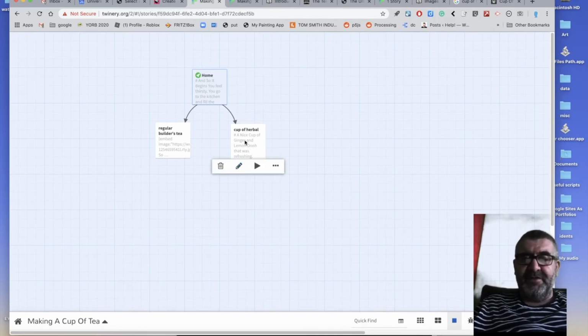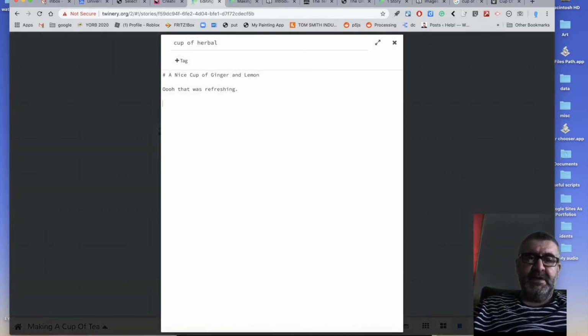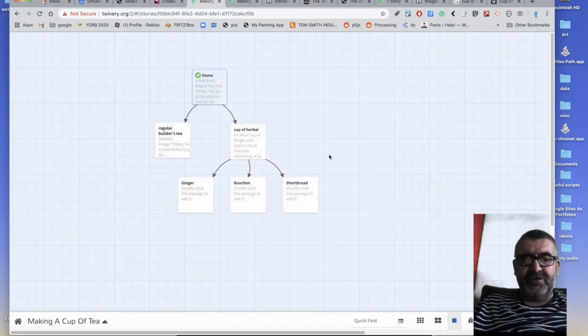You could come into this one, a cup of herbal, and you could say, so now biscuits, and we might have ginger, and we might have any number. Bourbon, can't think of another one. Shortbread. So here we go. Now, if we put arrows in front of them, again, it formats them into a choice. You can see it's made the pages there already. So if I play from here,